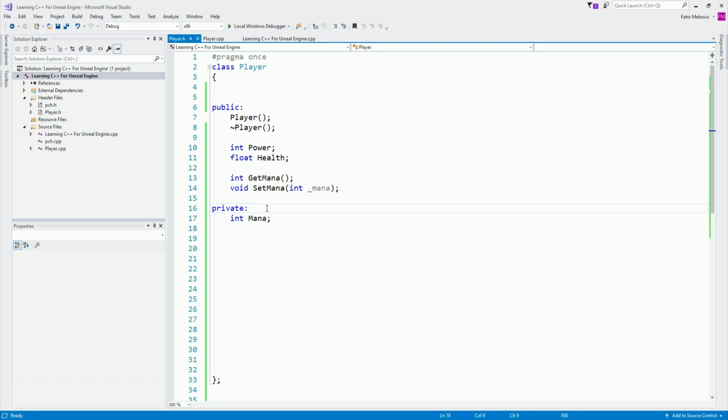Simply put, it's a rule that all of your variables should be set to private, except if you need them to be public in some situations. So most of these variables, you will have situations where you will set your variables to be public. Don't worry about that. We will have it.